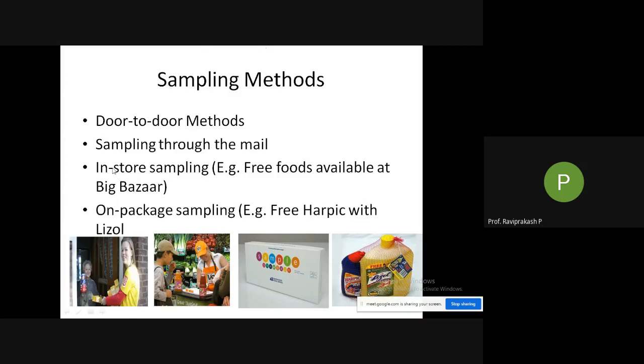Then in-store sampling. This is the second picture, where you are going into a store and this particular person is giving small cups of juices. Different juices. This is in-store sampling. Or if you go to Macro, you might have been there. If you go to Macro, they are giving you free samples of the products. I've seen chocolates, jellies, and all. It's been kept just like that.